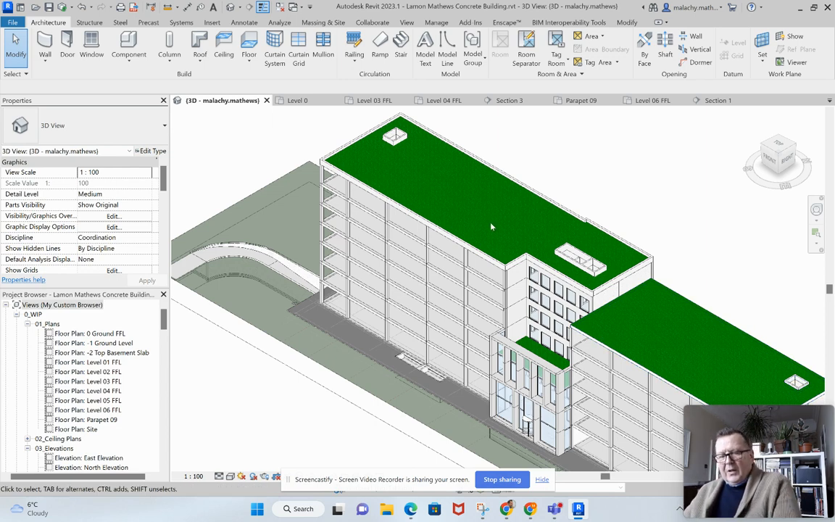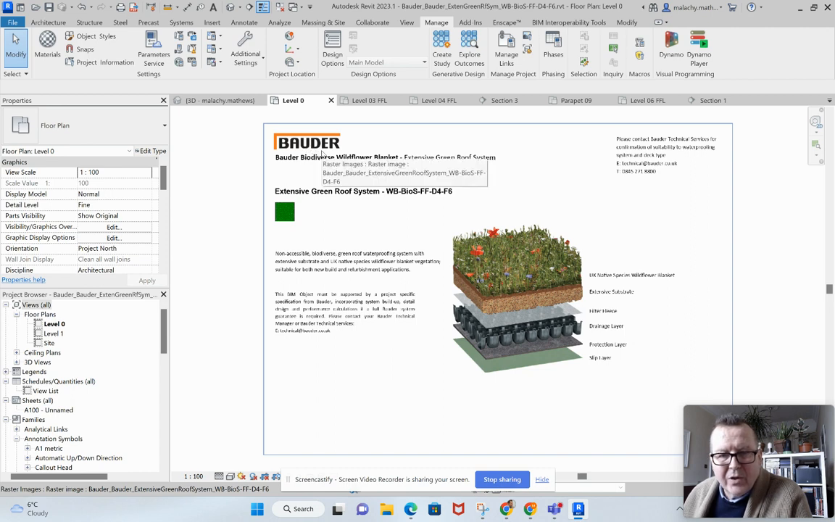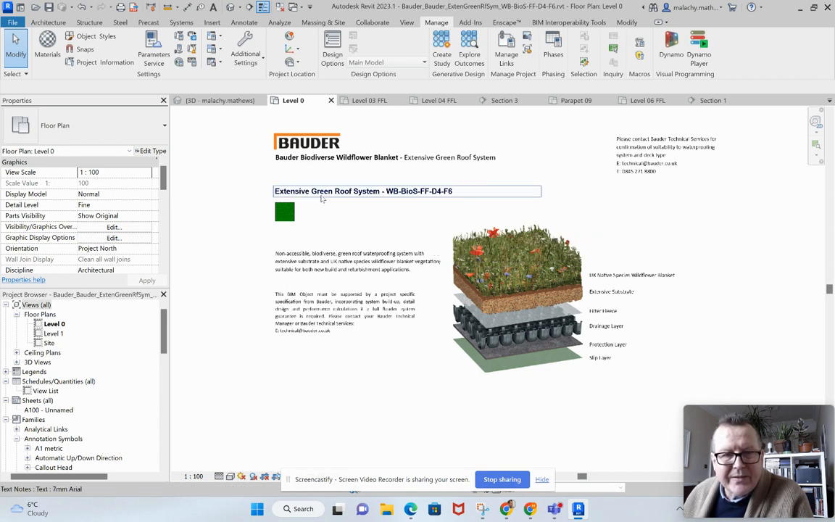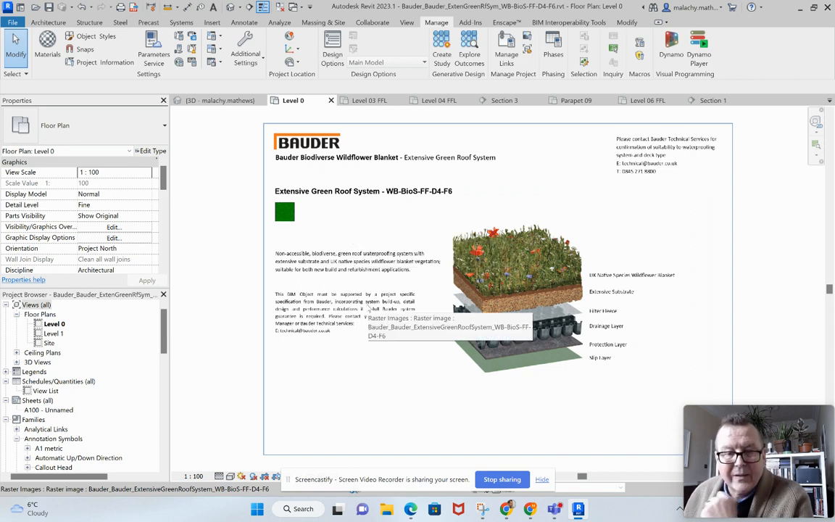Those areas there. So what I've done first of all is I've gone looking for a green roof family, and Bauder are a German company, very well known, very well respected in the green roof area. I was able to get this extensive green roof system from the UK BIM library. I just put in Bauder Green Roof, and the search brought me to there, and I was able